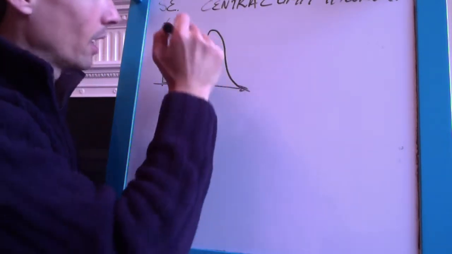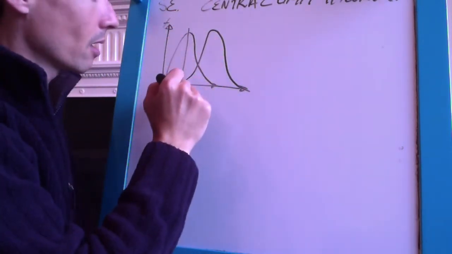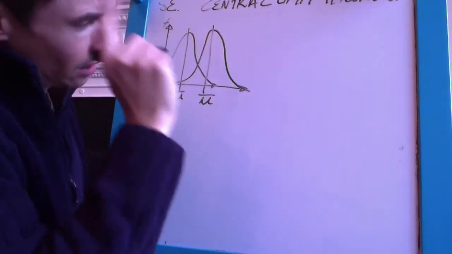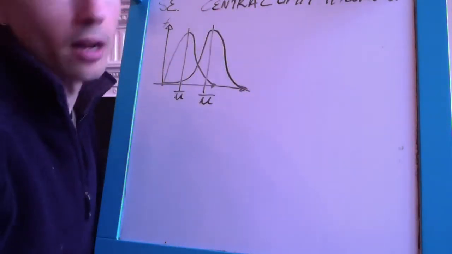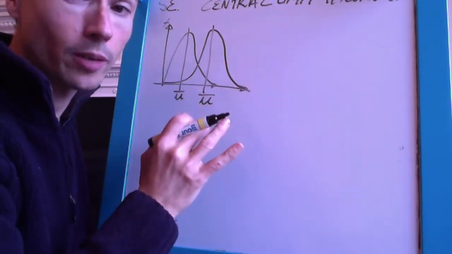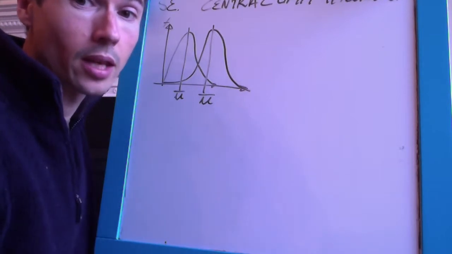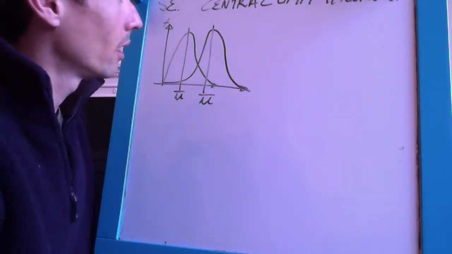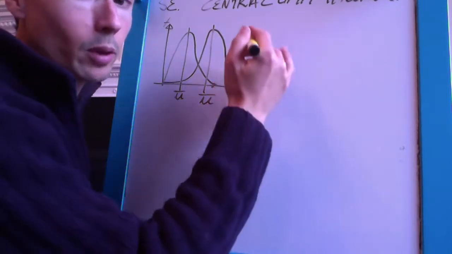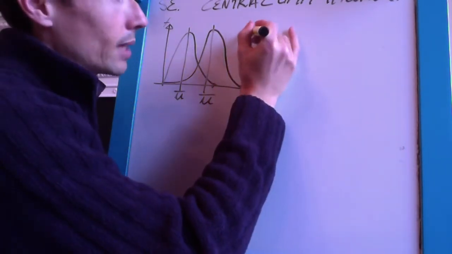And in each case it's going to have a population mean, and we usually denote that like that. Now, what the central limit theorem says is if we take a sample from our population, it doesn't matter if the population is the skewed one or the normally distributed one, we'll call our sample size n,